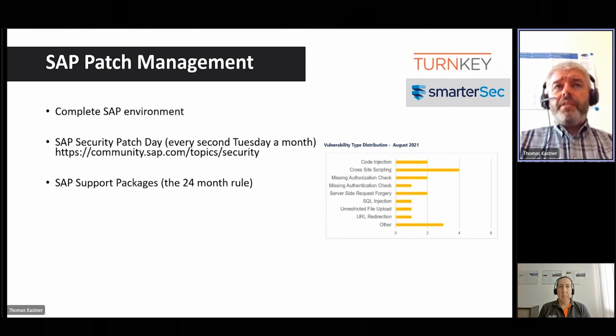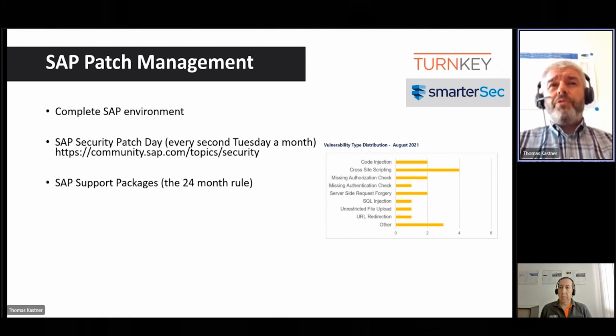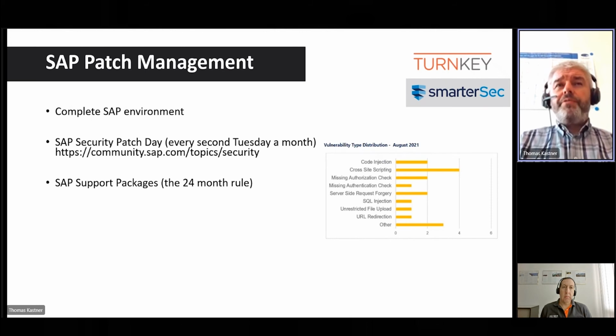Unfortunately, these 350 security patches is not the end of the story, because if you look through all the OSS notes, there are another 4,300 security patches all over, which includes the 350 security patches. And the difference between 4,300 and 350 is just being brought to support packages. So if you do not import the support packages, you're also not fully covered when it comes to security and compliance.